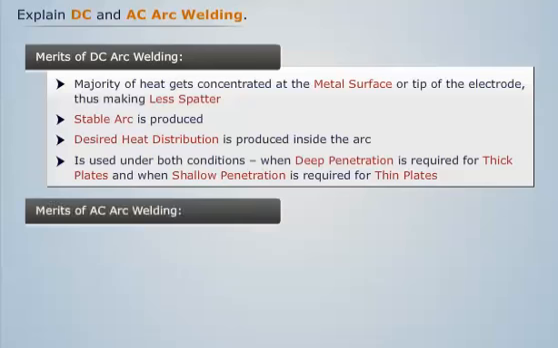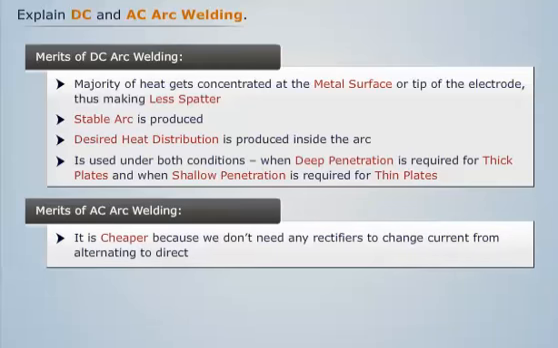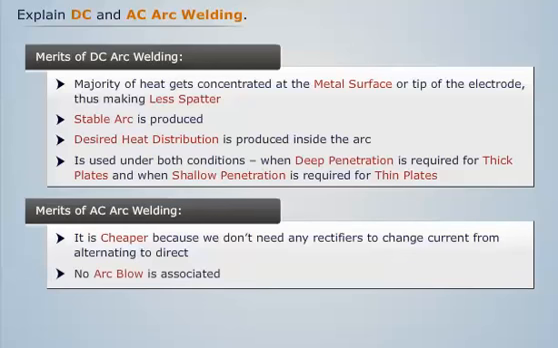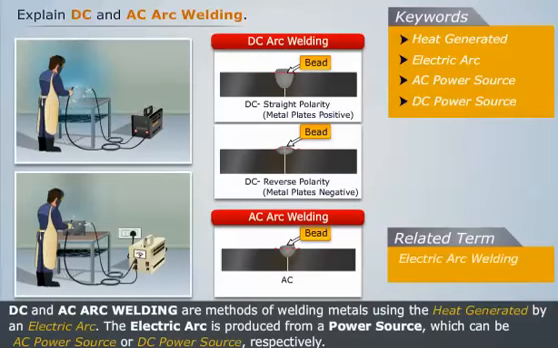And now, let us list the merits of AC arc welding. It is cheaper because we don't need any rectifier to change the current from alternating to direct. And in it, no arc blow is associated. The related term is